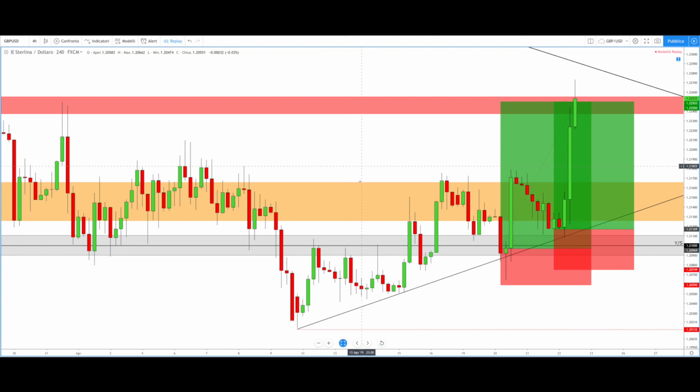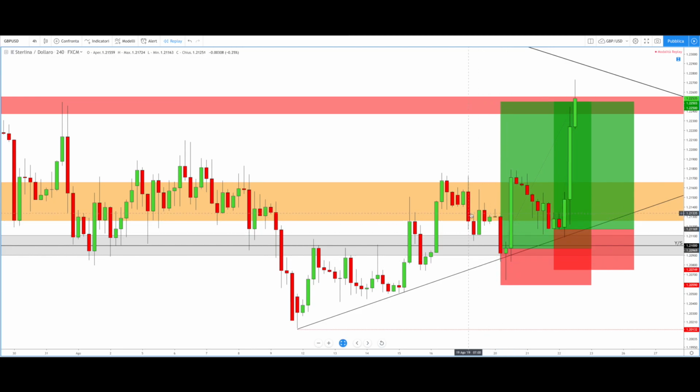So for this reason I waited for a clear comeback above this yearly support, and if you follow our trades for a long time, you know that our favorite strategy is a break and retest on the 4-hour time frame. So we wait for a clear comeback above 121 before thinking about a possible correction. Try to reach here this